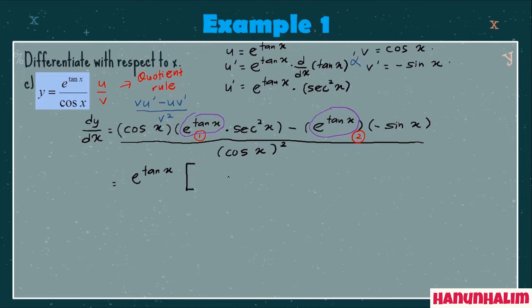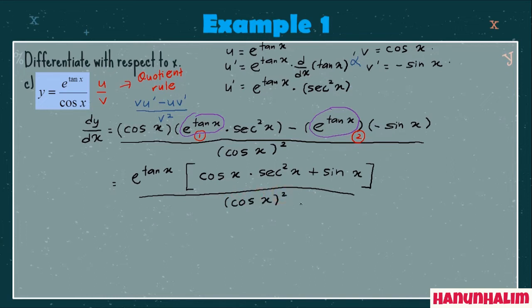Okay, lepas tu buat bracket besar. So, apa lagi yang tinggal? Cos x times secant squared x plus, sebab minus darab dengan minus, plus sin x, tutup kurungan over cos x squared. Okay, so actually banyak cara lah kita boleh simplify. Okay, one of the method is, okay,